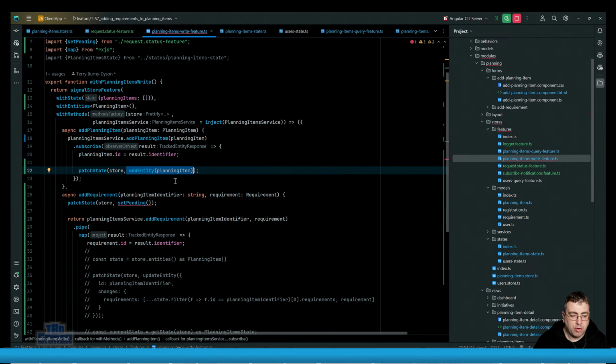So I couldn't merge the two concepts, right? I can't do update entity, add entity, remove entity, etc. if I'm doing this without the with entities. It just doesn't work that way. So my thought here is, well, maybe this is going to